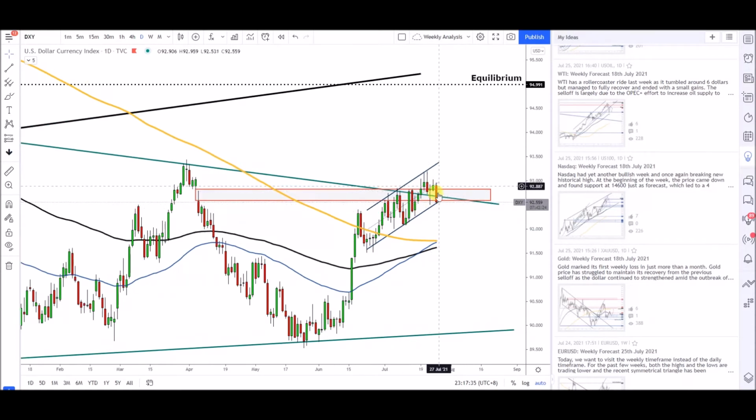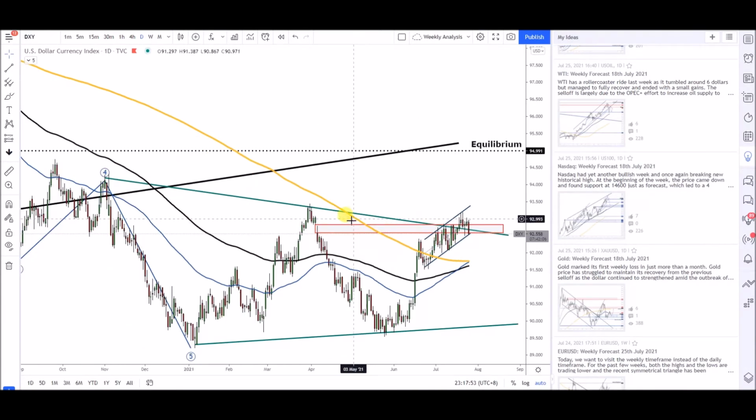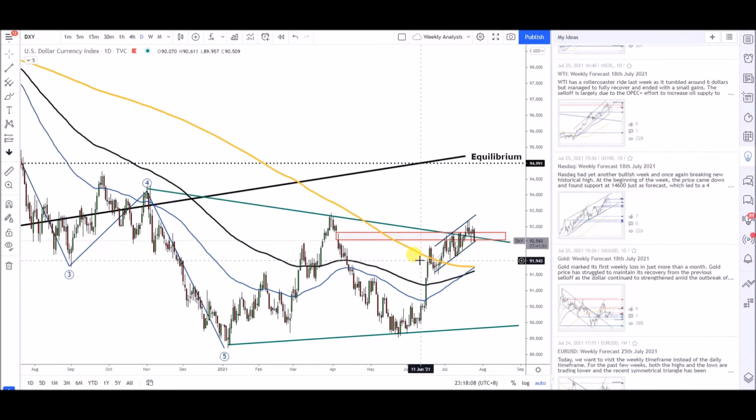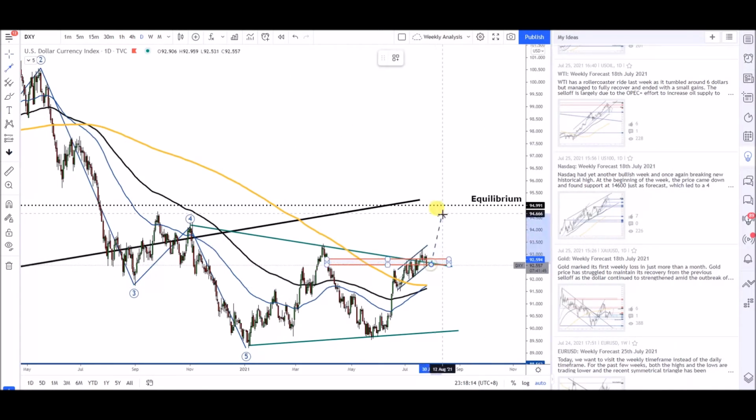So as long as the price is still sitting within this rising channel, I think the dollar still has the ability to continue to trade higher. So we're going to see how the dollar will be closing today. Anyway, it's the very beginning of the week, so there's no need to rush, but in any case, when the price comes down to where we want, we can just execute the trade accordingly to our plan. So for the dollar, based on the situation right now, of course we are going to look for buying opportunities, because we are expecting that the price will be able to climb higher, all the way, very possibly,